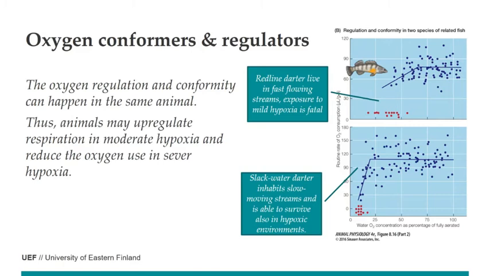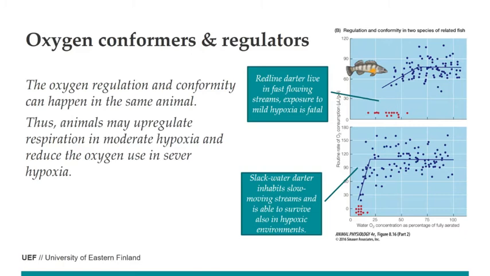And over here we have two different fish. The fish that are blue dots, they are alive. The ones that are red dots, they are dead. And on the right hand side there is more oxygen available. On the left hand side there is less oxygen available, and on the y scale there is how